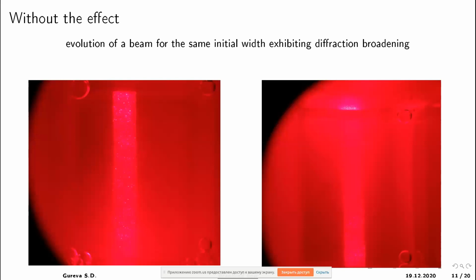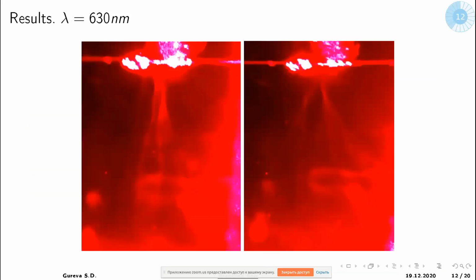It experiences simple diffraction broadening, and this is the beam inside the film. The branches of high intensity we described are quite visible,